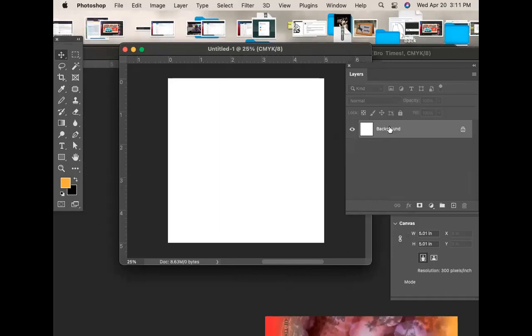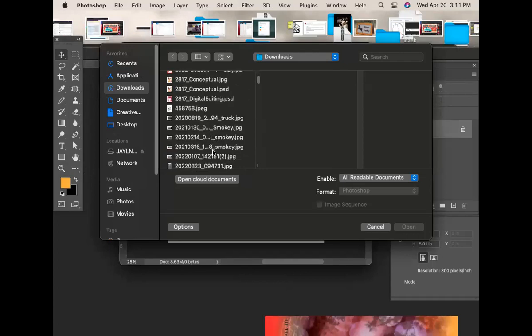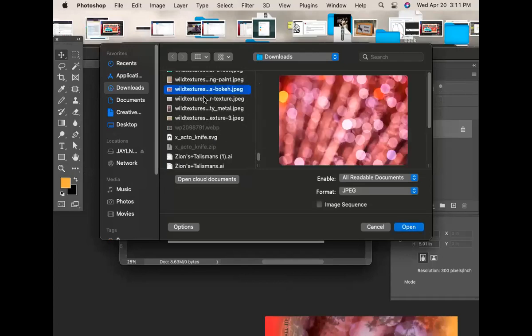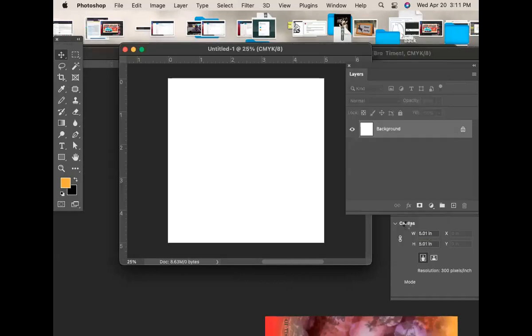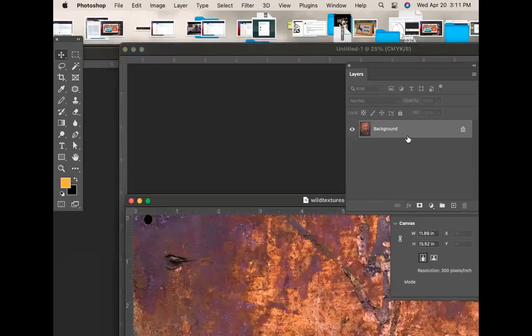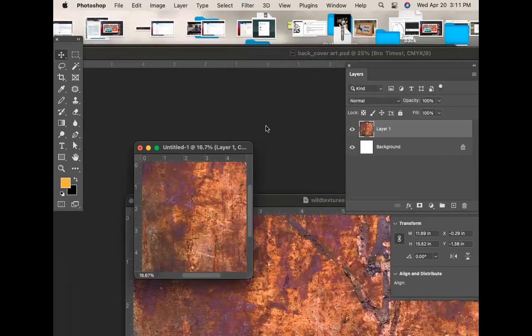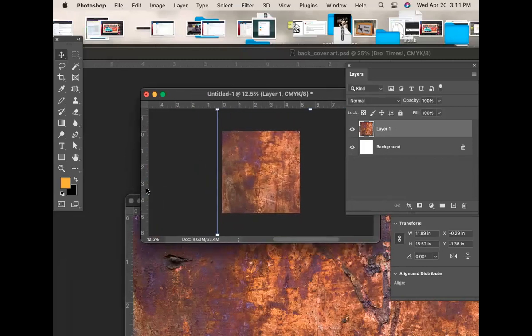All right, so that's the right size. I can do whatever I want to this one. Let's open a cool photo. I don't know what to put in there. The fishing photos. Oh, here's some textures. No, now there's the textures when I need them. Let's open up that guy. We have a nice metal texture. Oh yeah, there you go. Start that off, right? That's the front of my